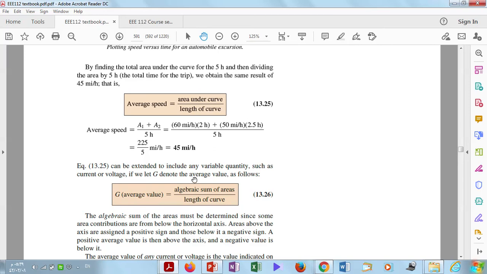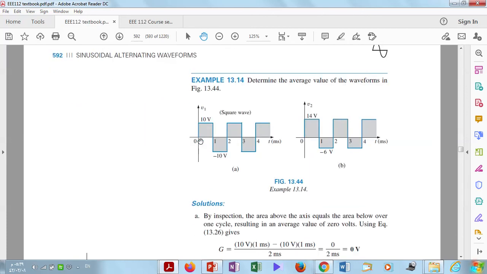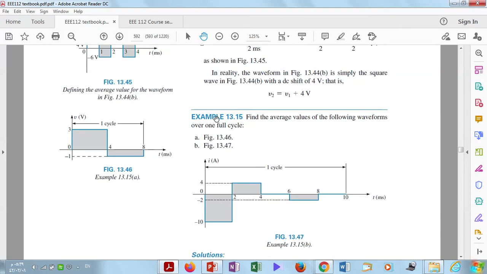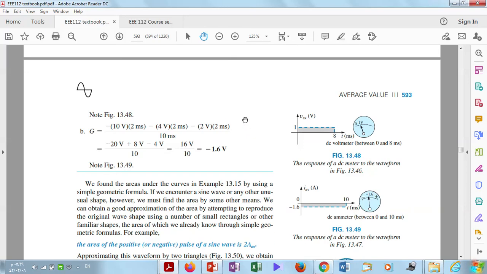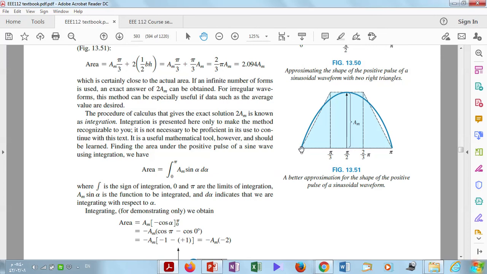Okay, general formula: the average value is the algebraic sum of areas, for any type of waveform, divided by the length of the curve. We need the average value of a sine wave. Since we are dealing with the sine wave, we will apply this algebraic sum of areas. This is an example you can apply, similar to the speed of the car. Example 13.4, go through it. 13.5 also. But when we are talking about a waveform similar to sine,